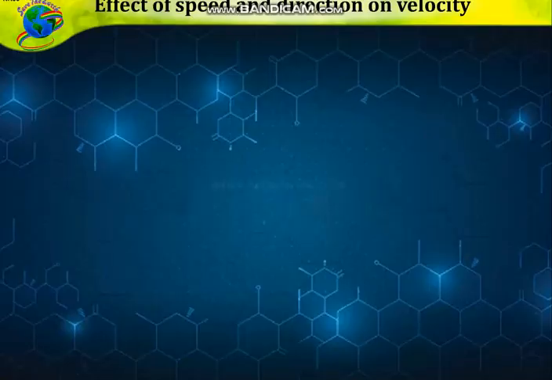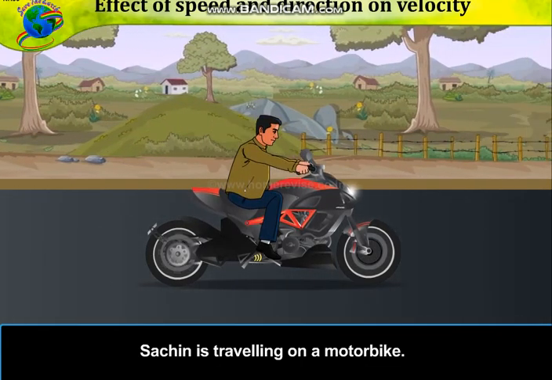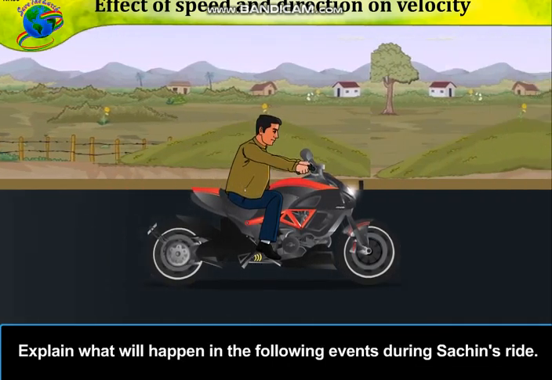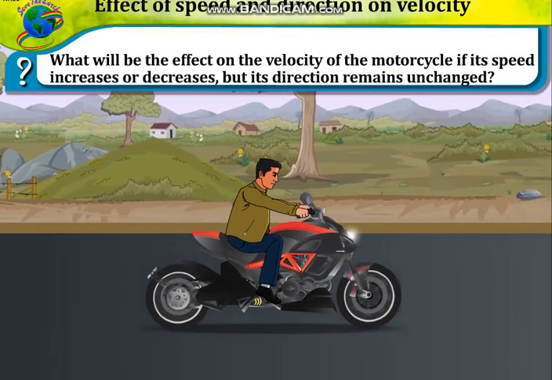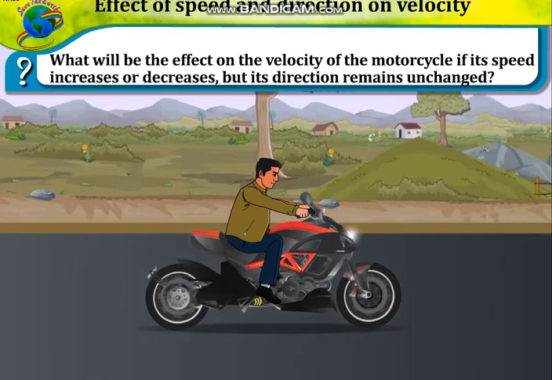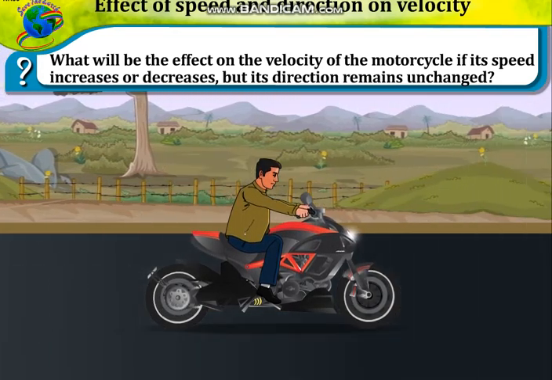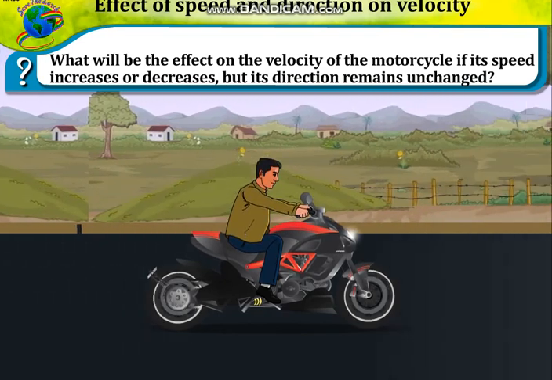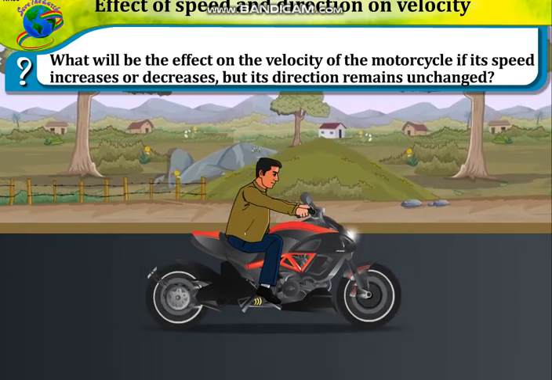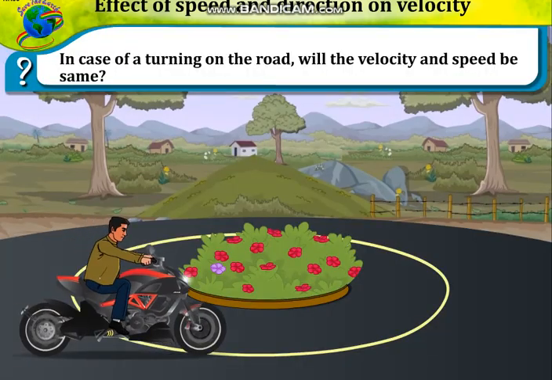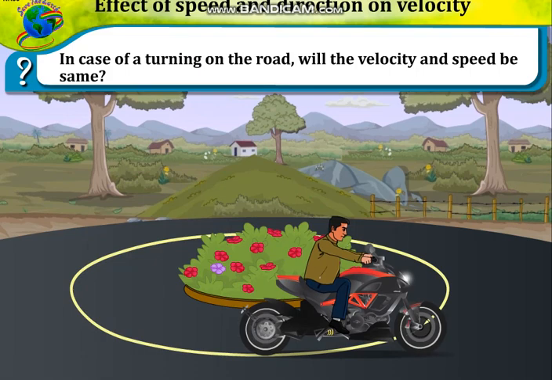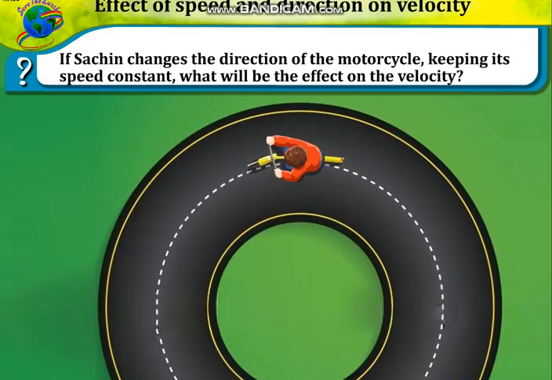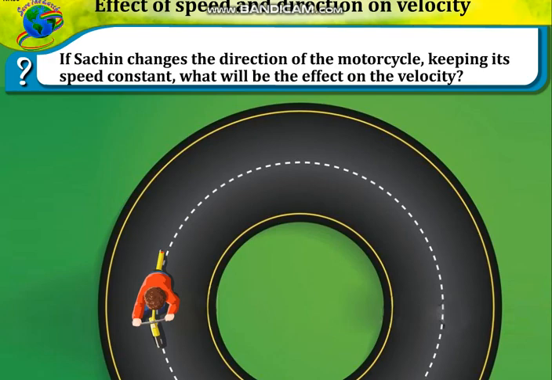Effect of speed and direction on velocity. Sachin is travelling on a motorbike. Explain what will happen in the following events during Sachin's ride. 1. What will be the effect on the velocity of the motorcycle if its speed increases or decreases, but its direction remains unchanged? 2. In case of a turning on the road, will the velocity and speed be the same? If Sachin changes the direction of the motorcycle, keeping its speed constant,